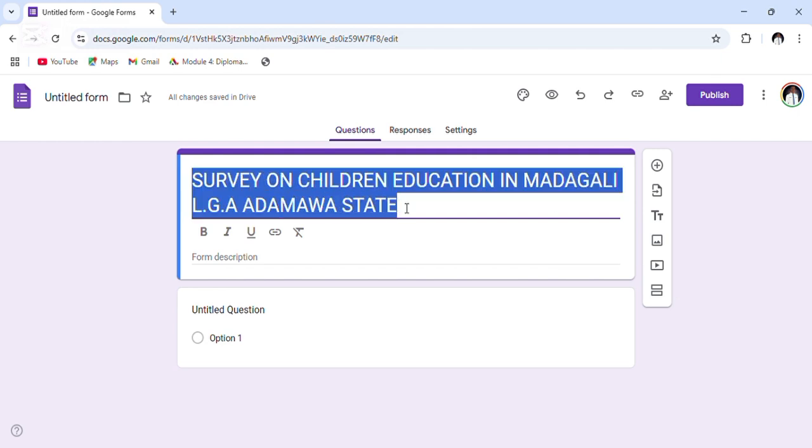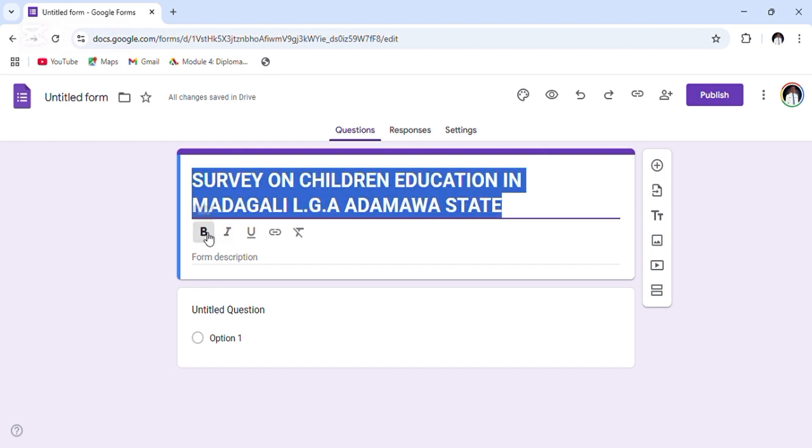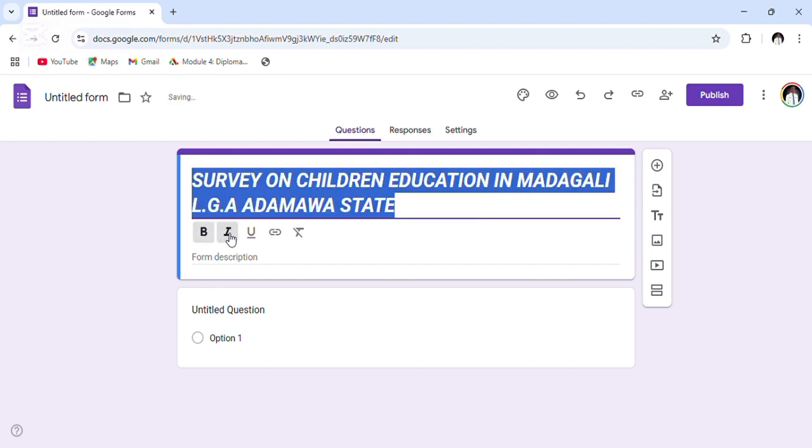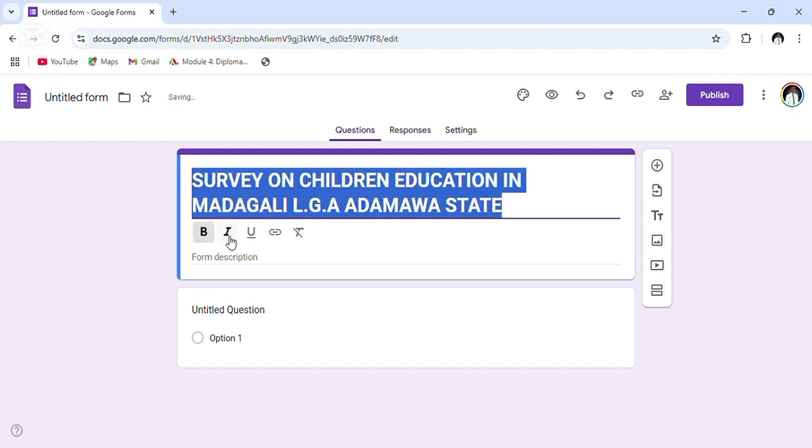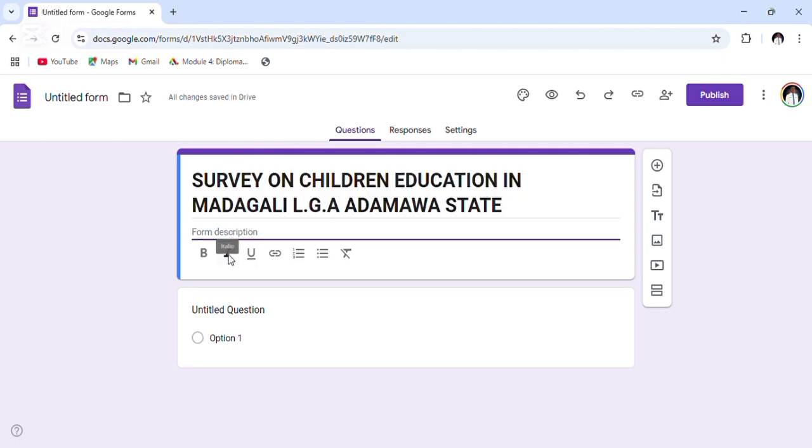So in case you want to format it, just select it. If you want to make it bold, it is there. If you want to italicize it, it is there. If you want to underline it, it is there. If you want to add a link to it, that is there too. So for the form description, in case you want to describe the information regarding the data you are collecting, just go there